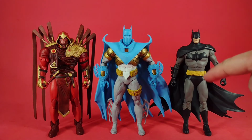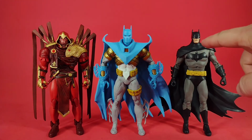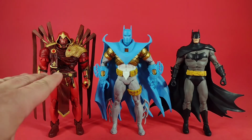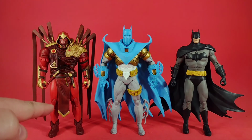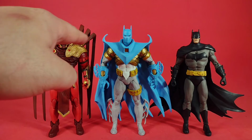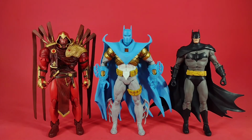This head is just... I keep on saying this. This would be, like, better proportioned if he had a bigger noggin. But I think I have a fix for this that we'll have coming up soon. This, I don't know. This always seems short to me. But now lined up with these three, he seems to fit in. That his eye line is a little lower than...